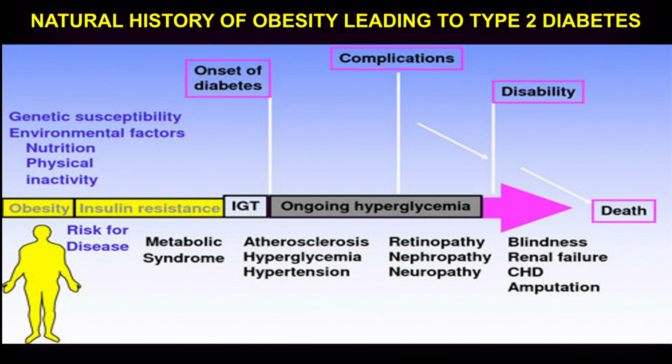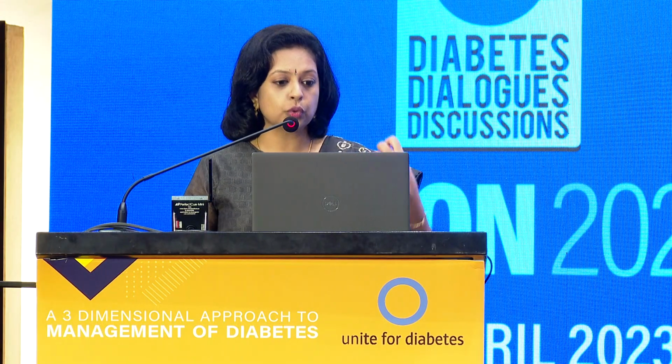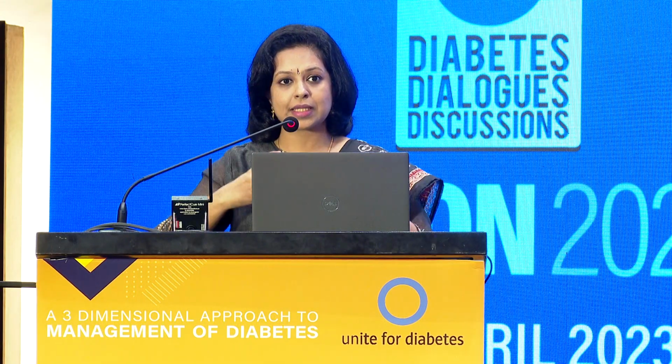So when you say the causal pathway, there are many mechanisms by which these two entities are linked together. But today I'm going to be talking about three hypotheses. The first one is called the inflammation hypothesis. Now, to understand this, one must know the term called metaflammation. What is this? This is a chronic low-grade inflammatory state that is a response by metabolic cells to chronic dietary excess of nutrients.